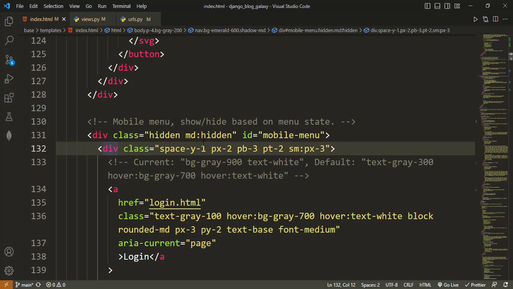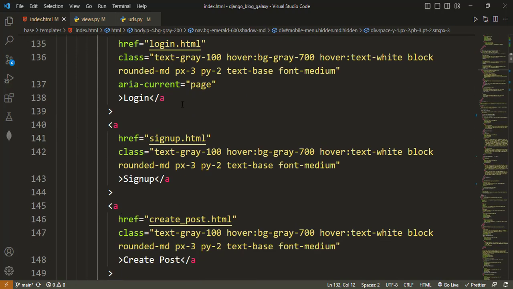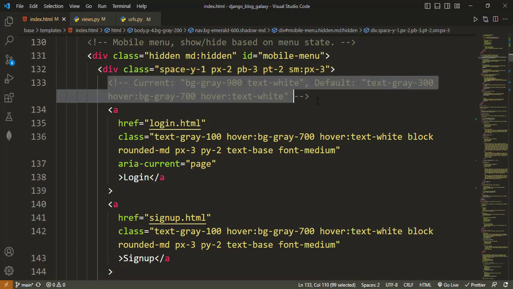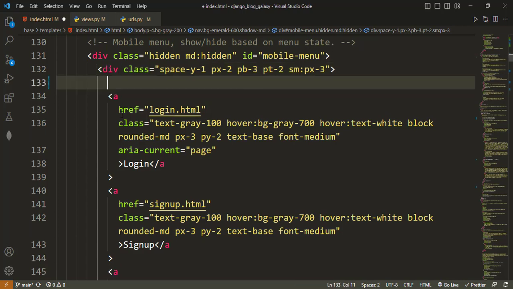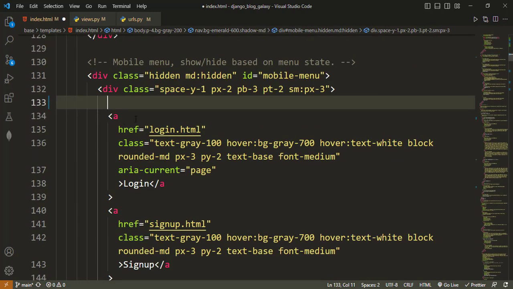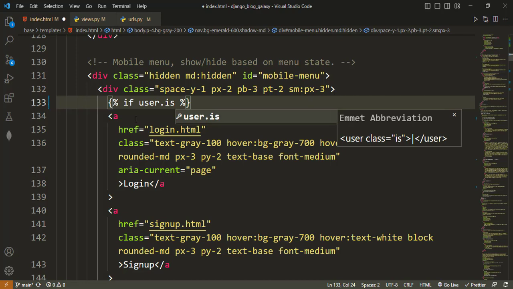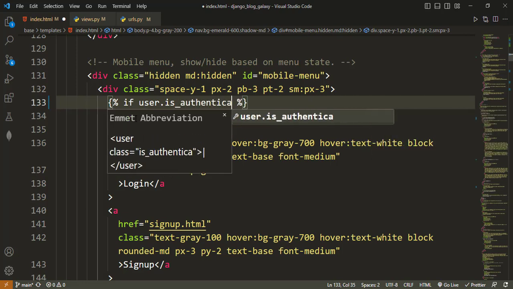Equally, if the user is authenticated, then we want to only show create post. If not, then we want to show, let me clear this one, the login and then sign up. So if user dot is authenticated,